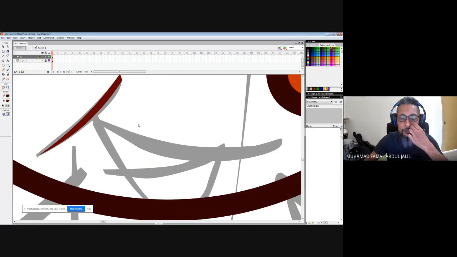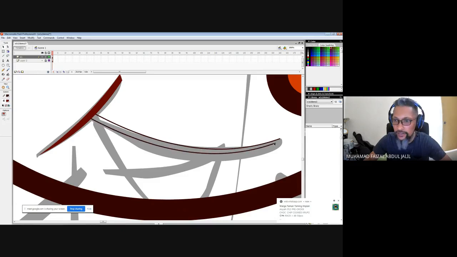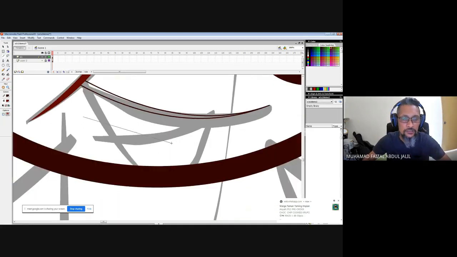But this is one of the oldest techniques that I used back in the days when I wanted to get this kind of strokes for my design. But right now, using those tablets, I can directly draw them right here according to what I want, because I want quicker results in my work. But if you use a mouse, you have to go through this kind of process.